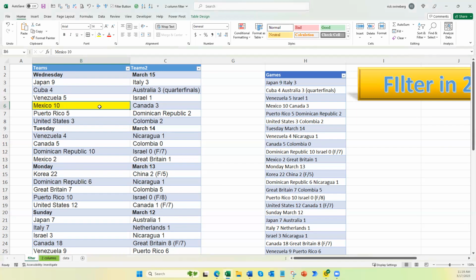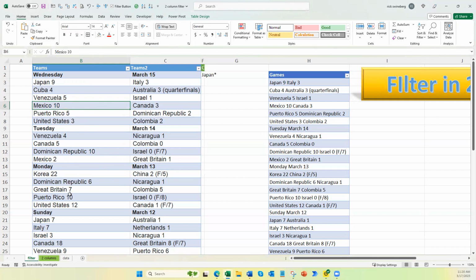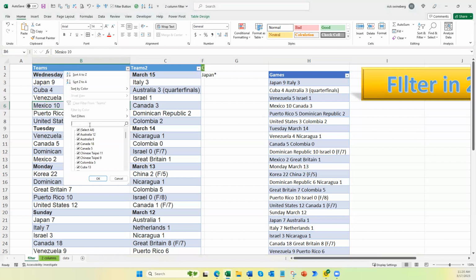But the thing is, this is what somebody asked me. Let's say you have a table like this. This is the scores of the World Baseball games that are going on right now. Obviously, this is the winning side. These are the losing sides. But let's say you want to know how one team is doing, how many games they had, what their scores were. But you want to filter. For example, Japan,